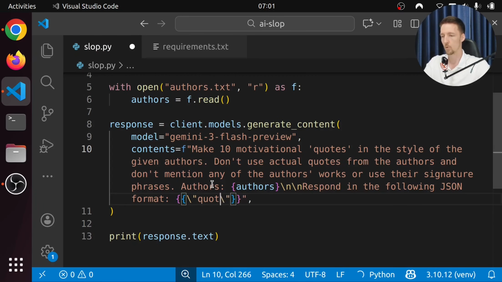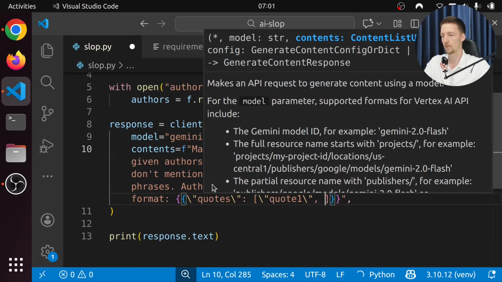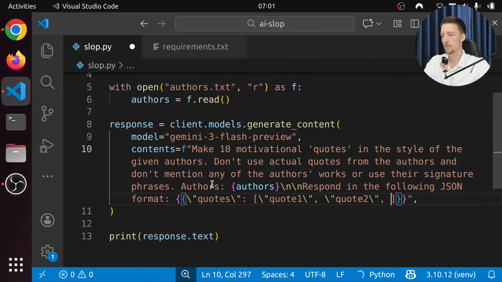And I will say here quotes. And then this is going to be a list. And we are going to have quote 1. And we are going to have quote 2. And so on. And to make it a little bit better at following orders, I'm going to add here another